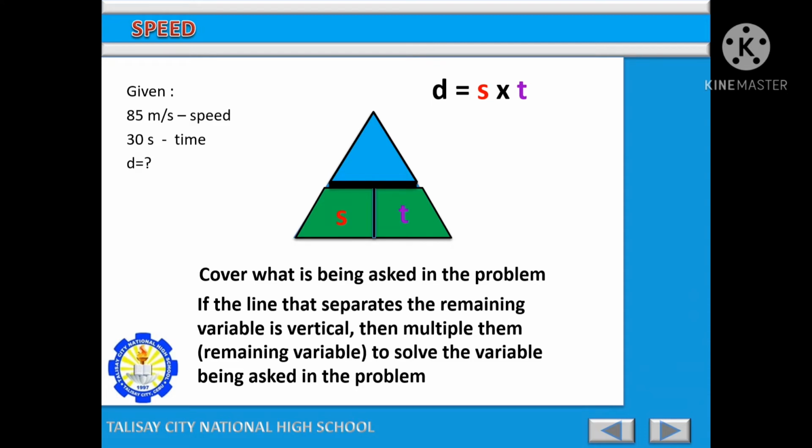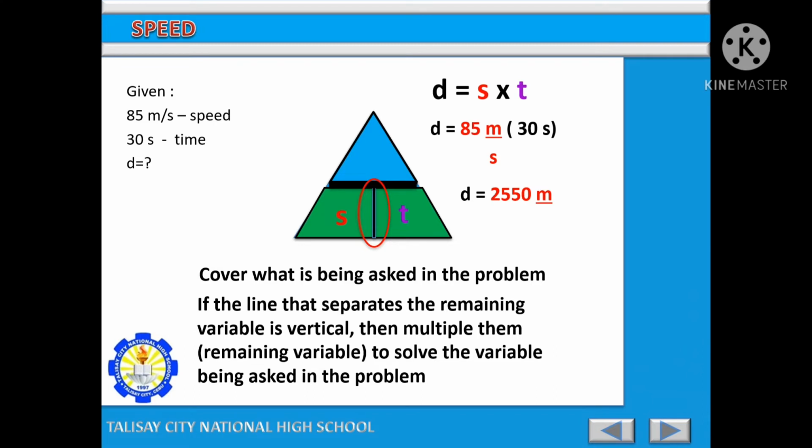We multiply speed and time, which are the remaining variables, because the line that separates them is a vertical line. Therefore, distance is equal to 85 meters per second in the problem, that is our given speed, multiplied by 30 seconds in the problem, that is the given time. Therefore, the distance traveled by the race car is equal to